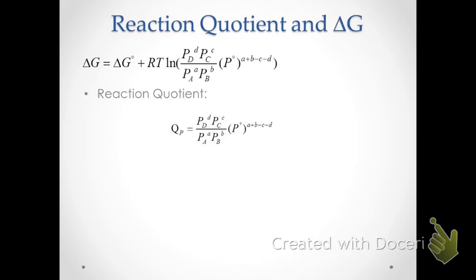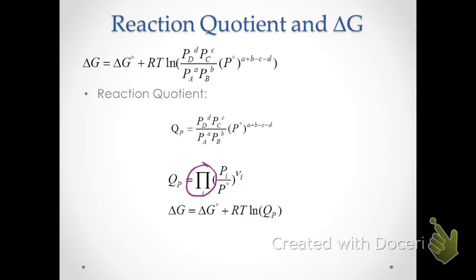the pressures of the products raised to the stoichiometric coefficients divided by the pressures of the reactants raised to their stoichiometric coefficient. That form should be familiar to you. Products to the coefficients divided by reactants to the coefficients. A shorthand way of writing that is using the product sign pi here, so that we don't have to write it all out. This would simply be a more general expression, which means we're going to take a product over